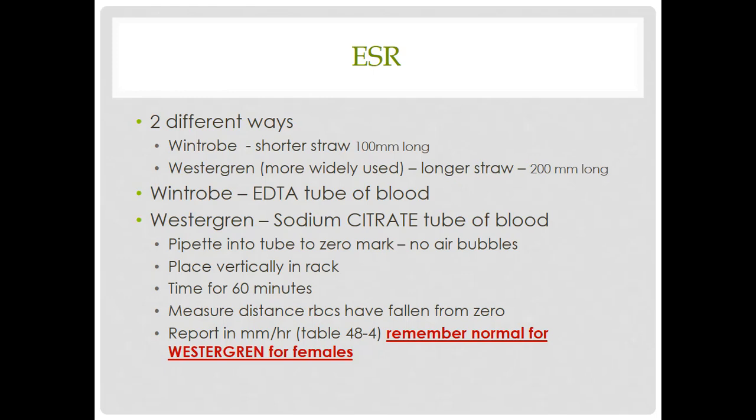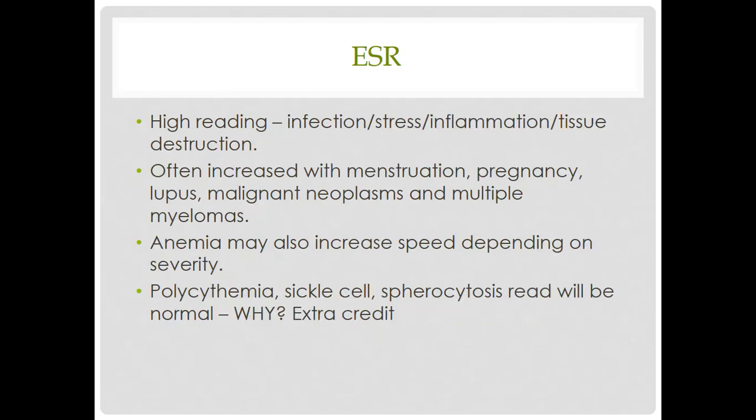And on table 48.4, it talks about the Westergren and the Wintrobe normal values. But I want you to remember the normal values for the Westergren for females. There is a slight difference between males and females. I want you to remember the females. If there's a high reading, if it drops a lot, if it drops more than 20 millimeters per hour, it means that there's been